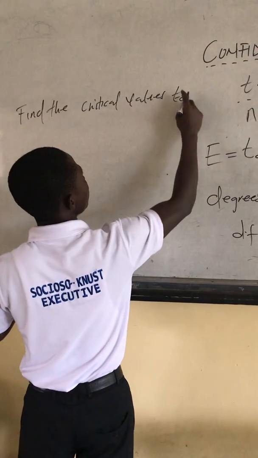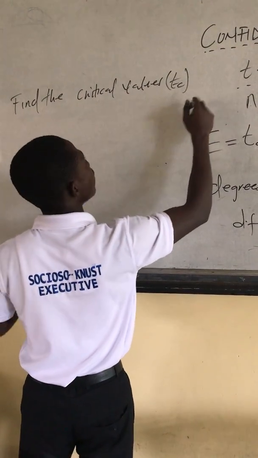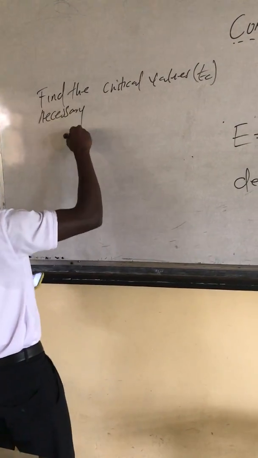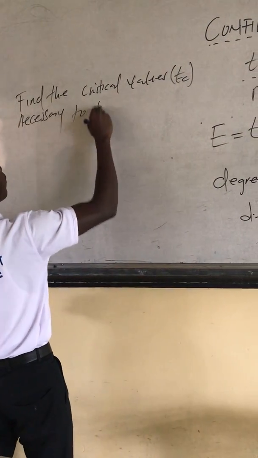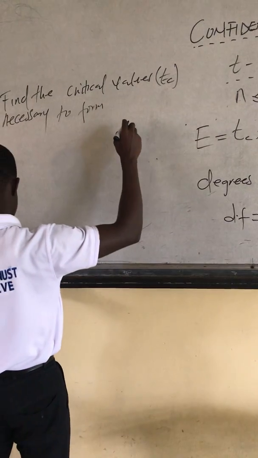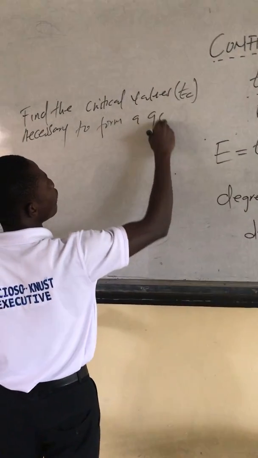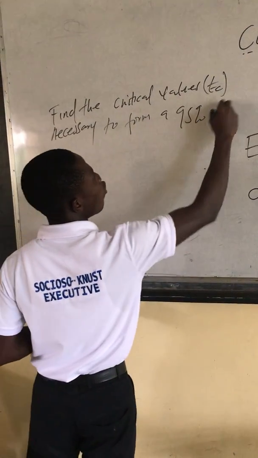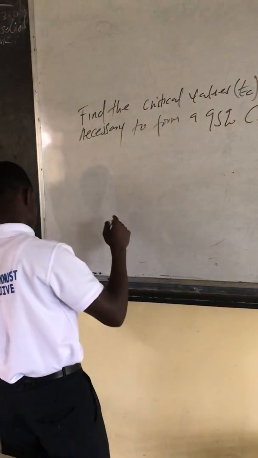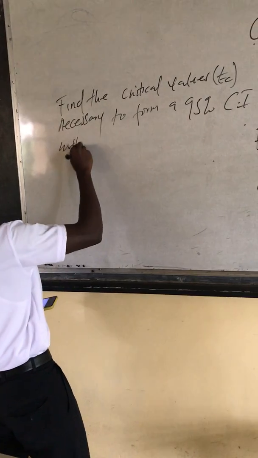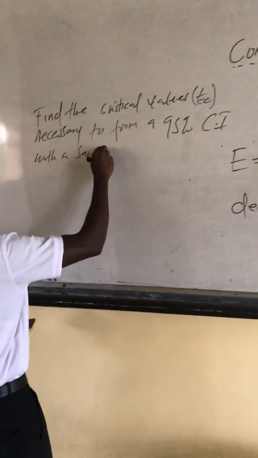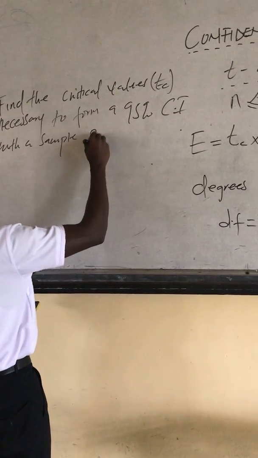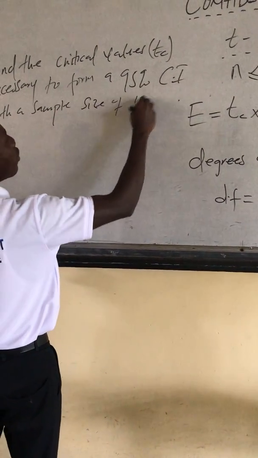That's T of C, necessary to form a 95% confidence interval with a sample size of,